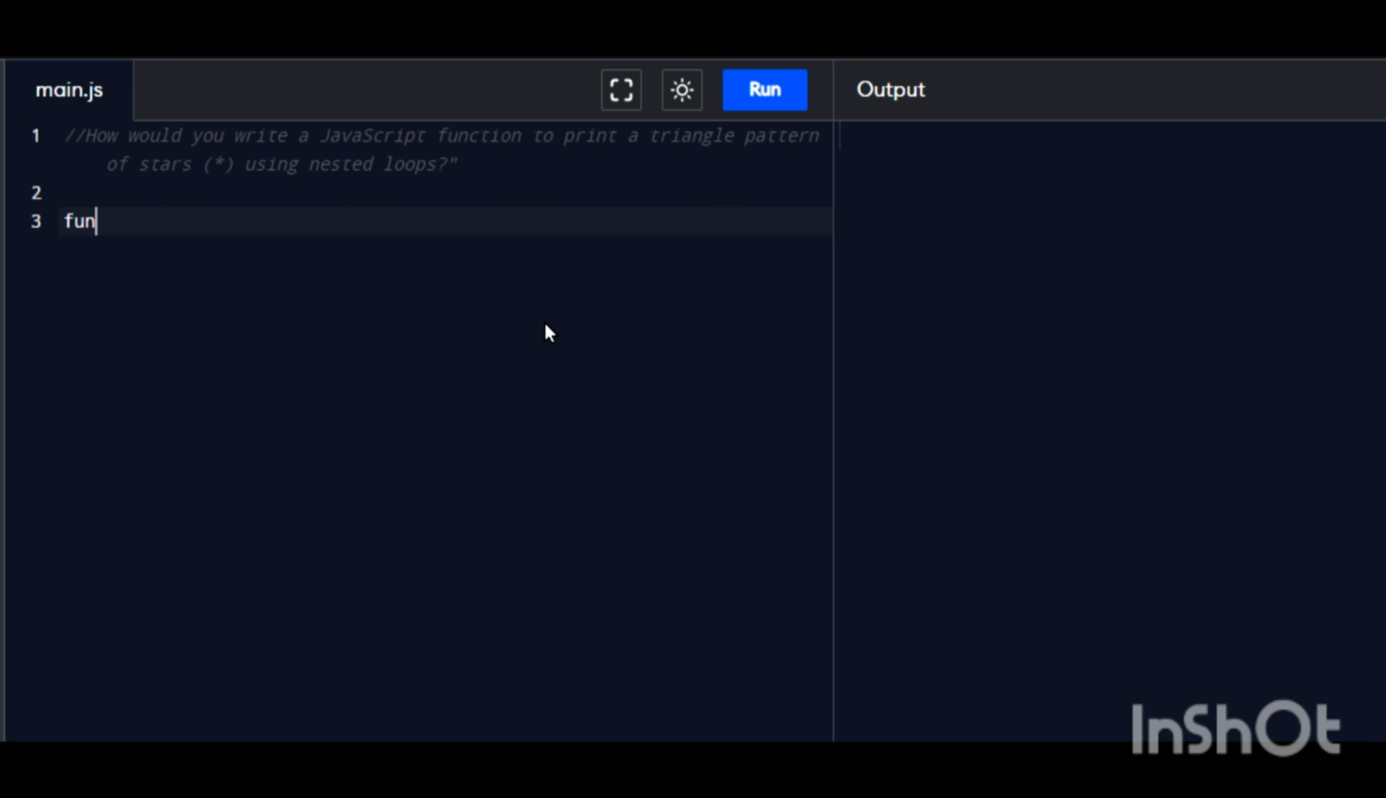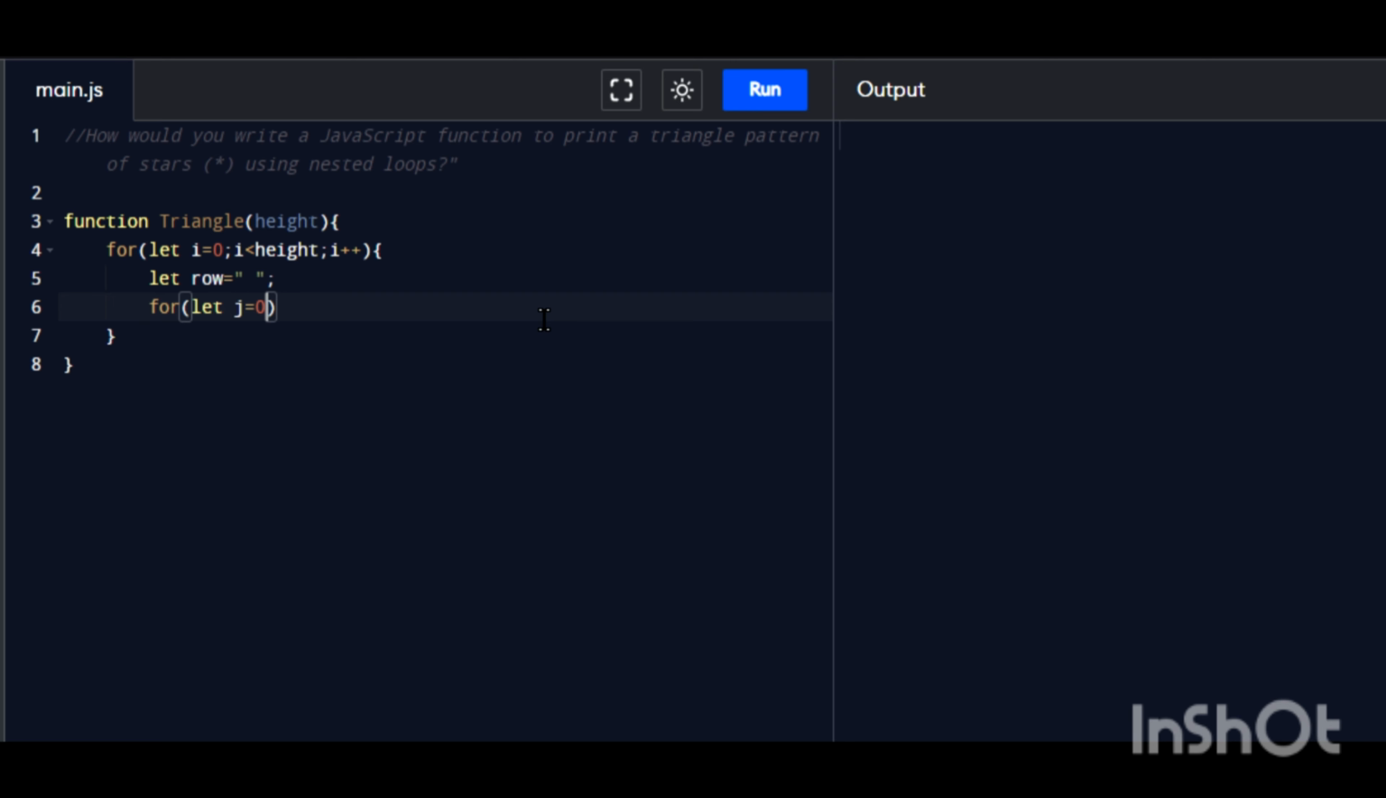So we just have to define one function named triangle, and in this triangle I pass one parameter, height, and we take two loops. The first loop is for let i equal to 0, and i is less than height, and i plus plus, and then we have to take let space equal to an empty string. Now take for let j equal to 0,